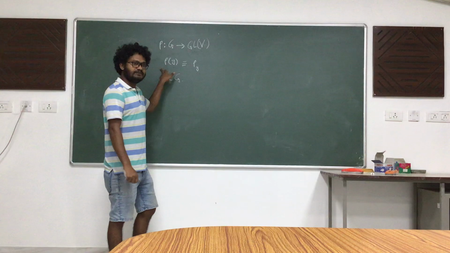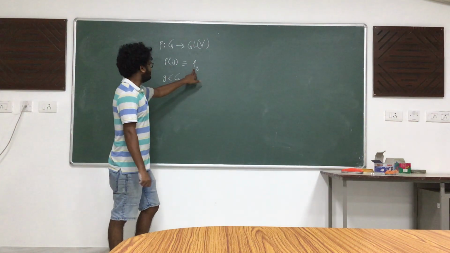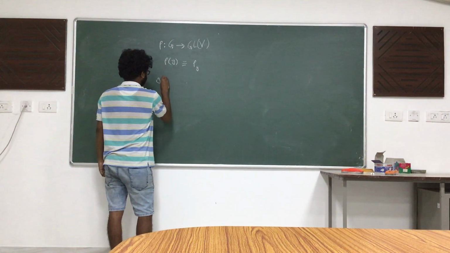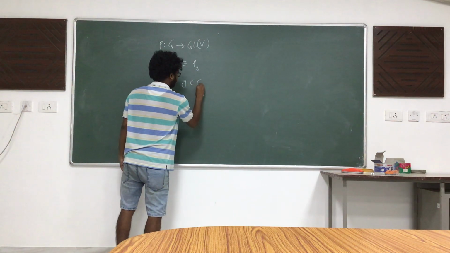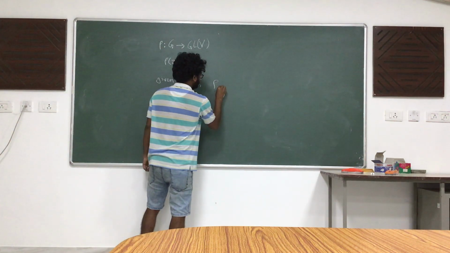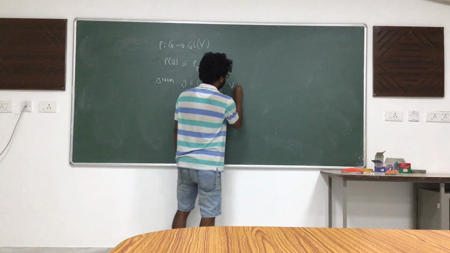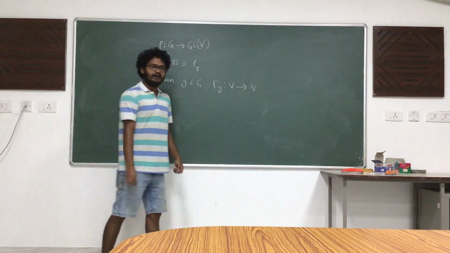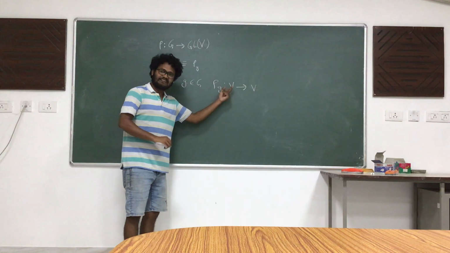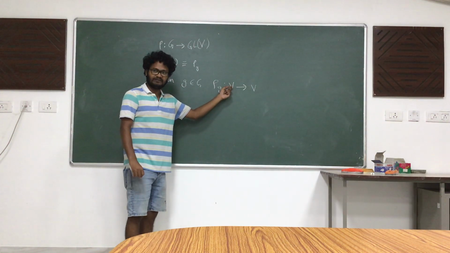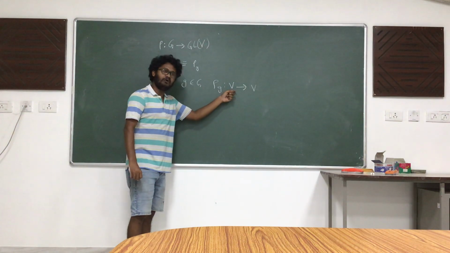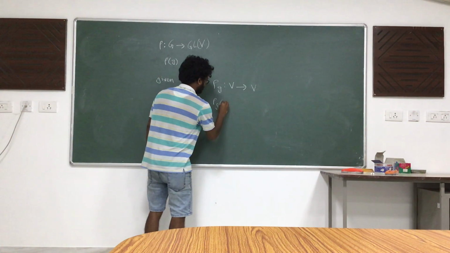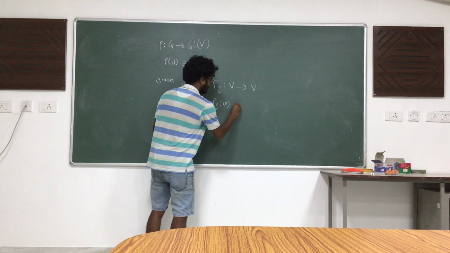So given an element g from group G, rho g is one of the invertible linear transformations from V to V. It can now act on some element of V, which means it can act on a vector. So now rho g times v is basically